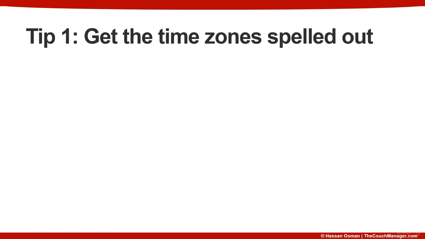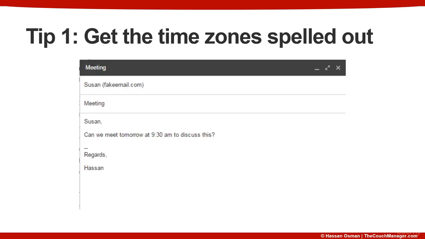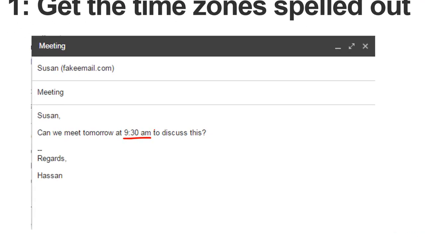So the first tip is to get the time zones spelled out. And let me share an example of an email that I sent Susan, asking Susan if we can meet tomorrow at 9:30 a.m. to discuss this. Now the problem with this email is that 9:30 a.m. is ambiguous. I could be referring to my time zone, whereas Susan might infer that this is referring to her